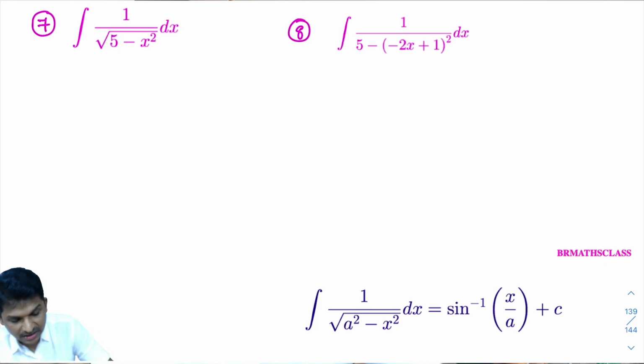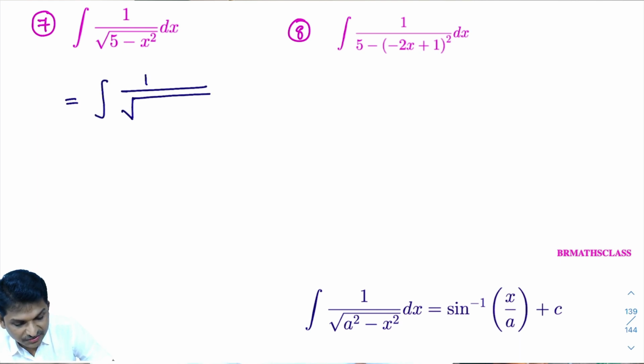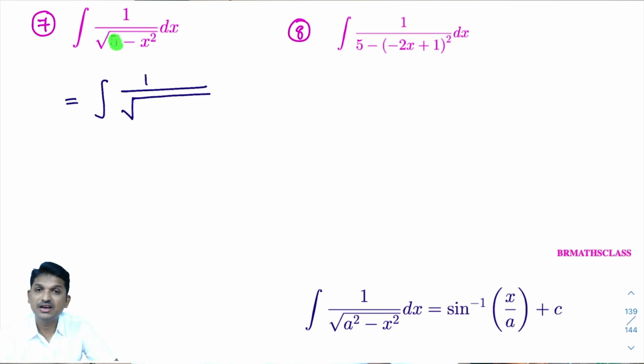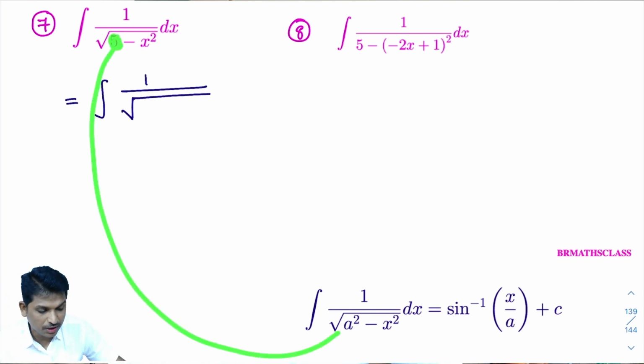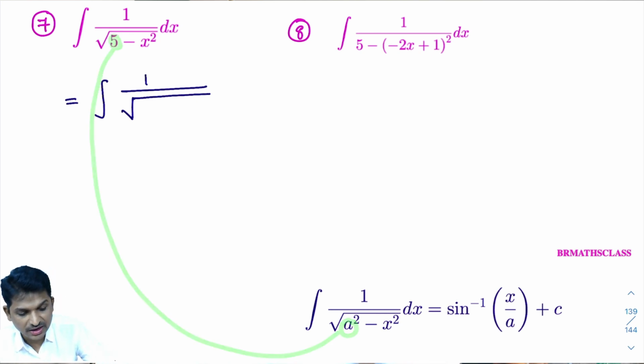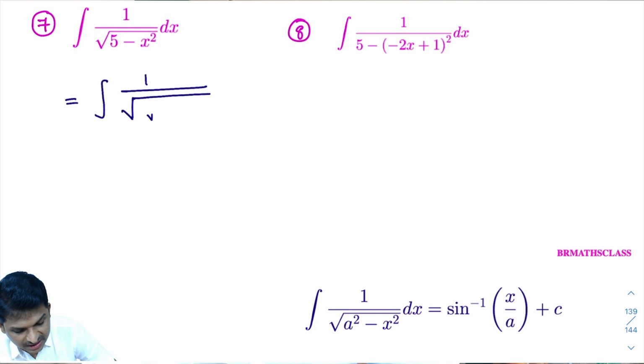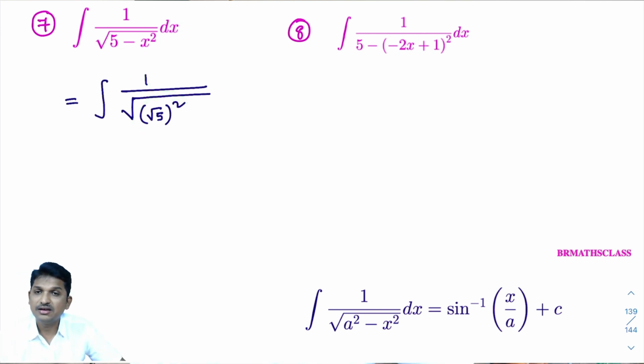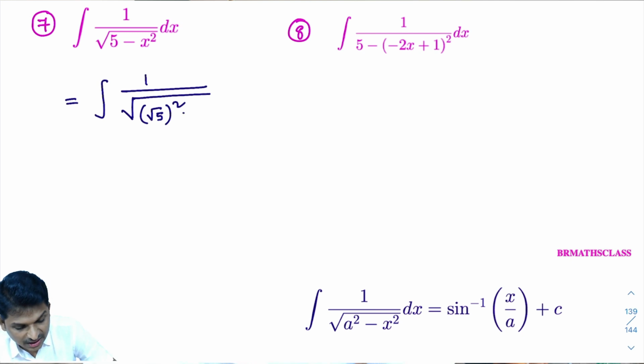How to write? Look here, that equals integral of 1 divided by root over, this 5 is there here. I want to write it in the form of a square. Then only I can apply this formula. So how to write 5 in the form of a square? You know that 5 can be written as root 5 whole square. What is root 5 whole square? Root 5 whole square is 5 only. I hope you are understanding. Right? Minus x square